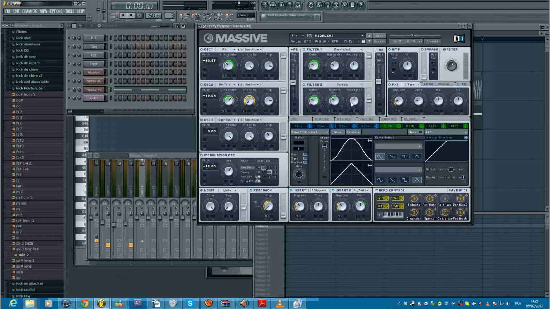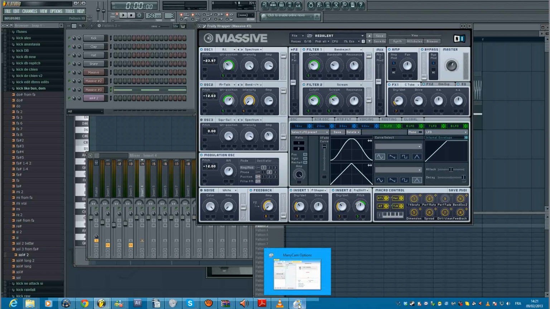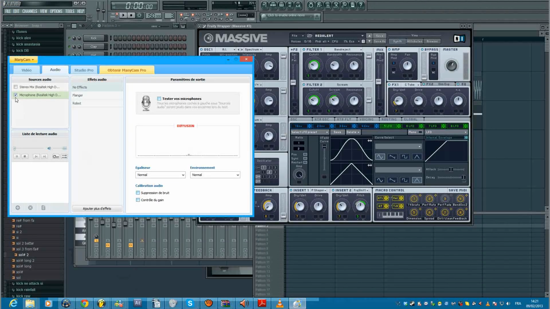Most of the time I tweak the filters and the oscillators here. Sometimes I add some distortion or things like that. So just do like I do here, and you should get some different and cool screeches. As I said, that's the way I do every one of my screeches. Let's